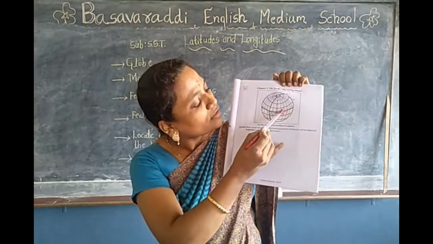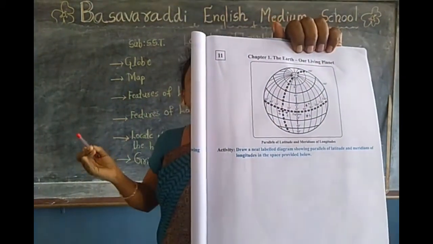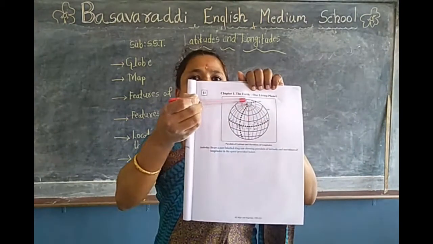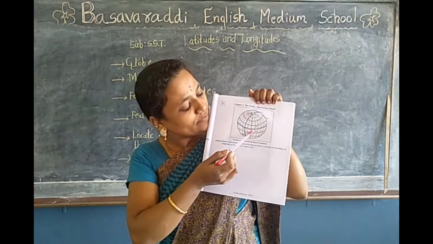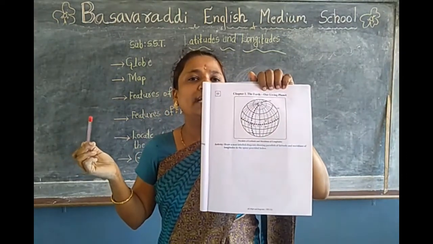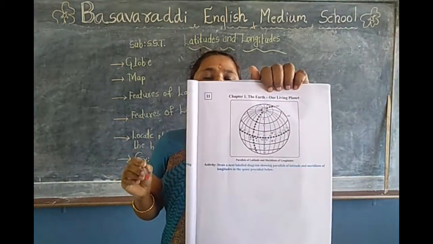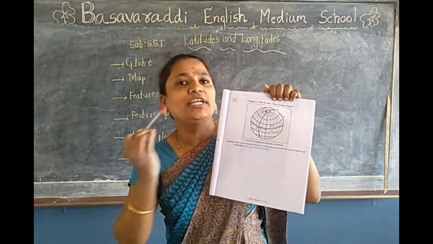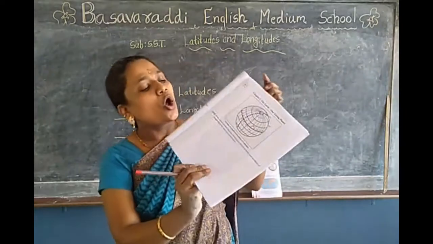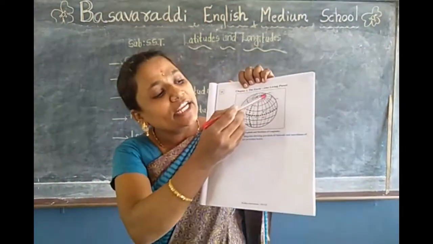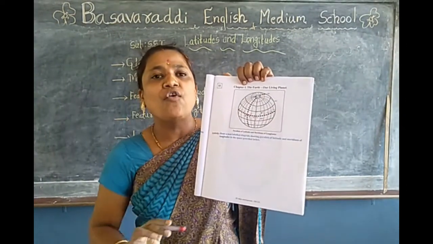Equator, that dark colored circle there. The equator divides the earth into two hemispheres. One is the northern hemisphere, another one is the southern hemisphere. It is the longest circle and is located at 0 degree. The network of longitudes and latitudes form a